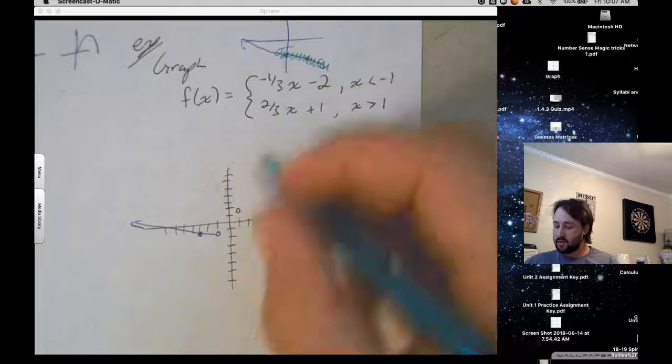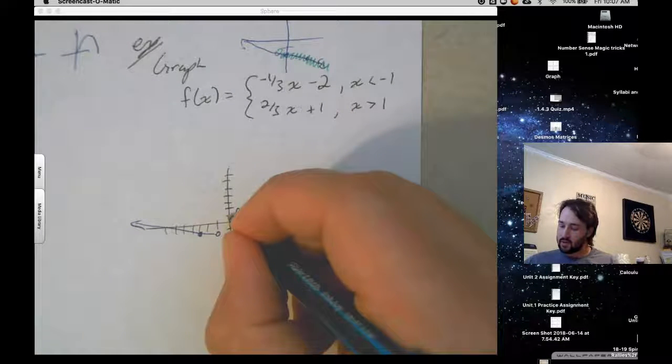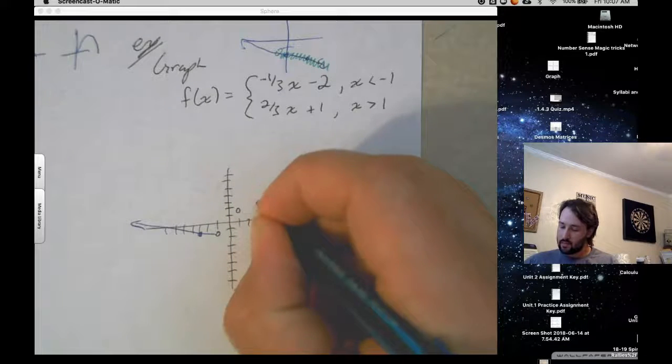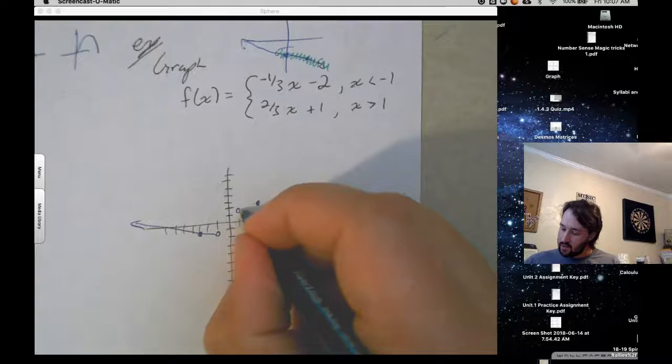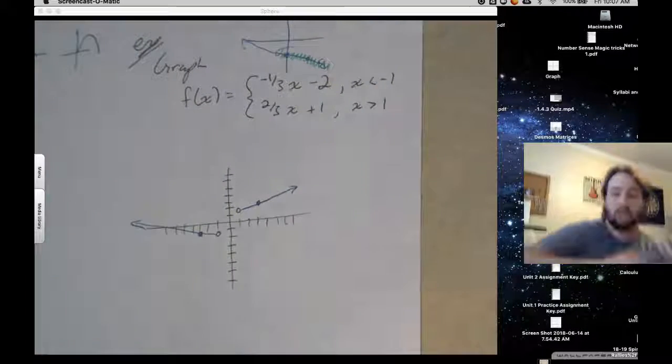Now from there I can do the slope of up 2 over 3. I could also go from the y-intercept, pretend I'm going from here, go up 2 over 3 to get my next point, and then draw your line going out from there. That's really all a piecewise function is. It's just chopping it up into different segments. All right, looking at the next part,